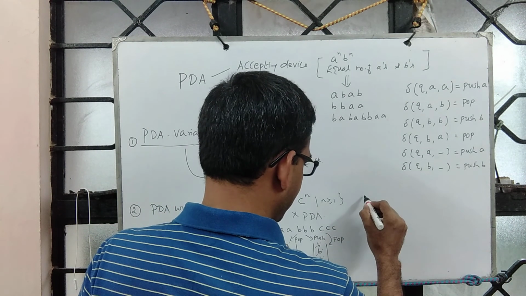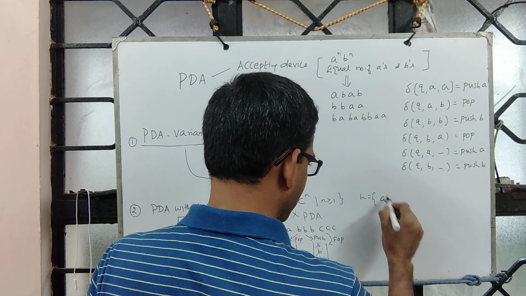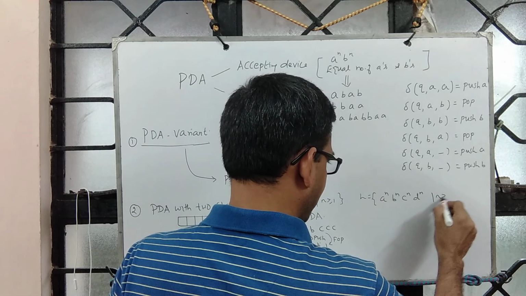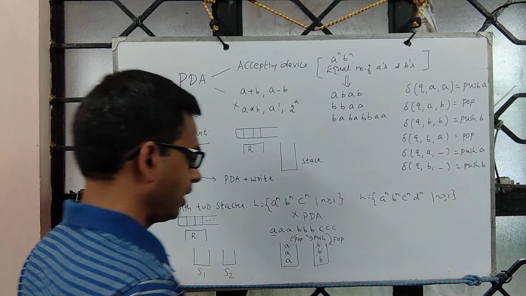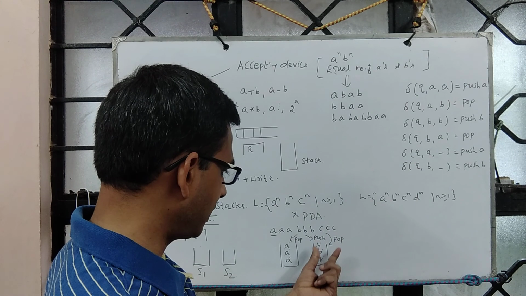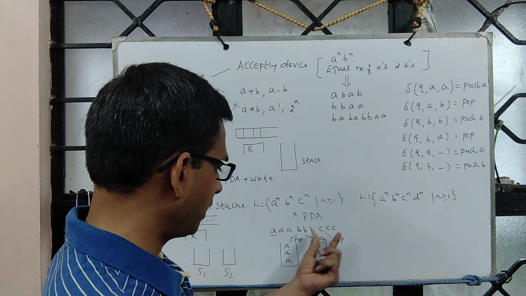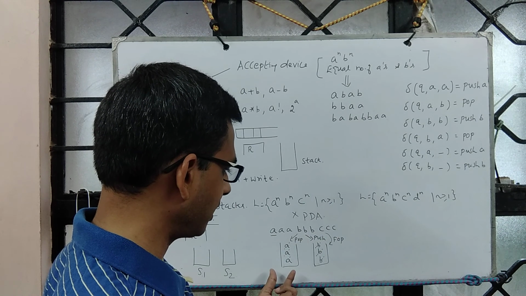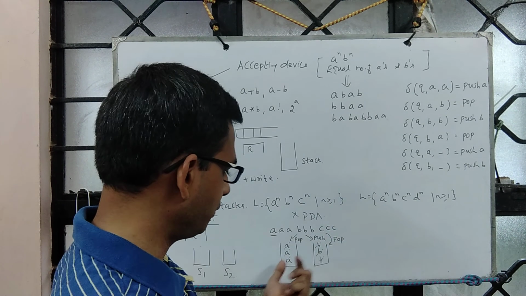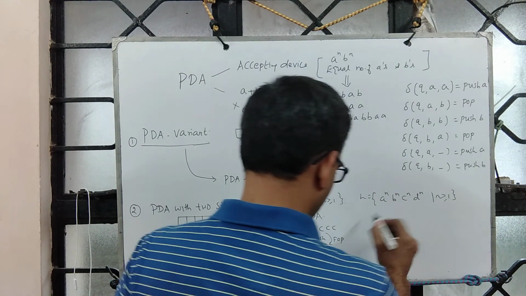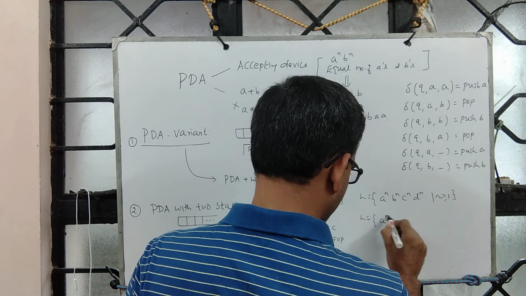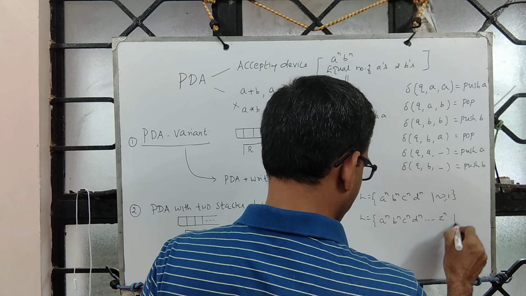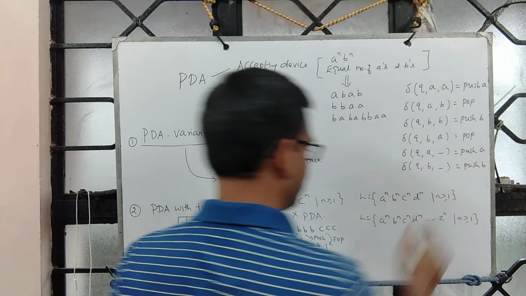This can be generalized, meaning one can accept languages of this type, A power n, B power n, C power n, D power n, where n greater than or equal to 1. Now, just like you pop B's when you see C, the other stack is empty. What you do, you push C onto the stack. Now when you start reading D, you pop C out. And this can be generalized. One can ask for A power n, B power n, C power n, D power n, so on up to Z power n, where n greater than or equal to 1.